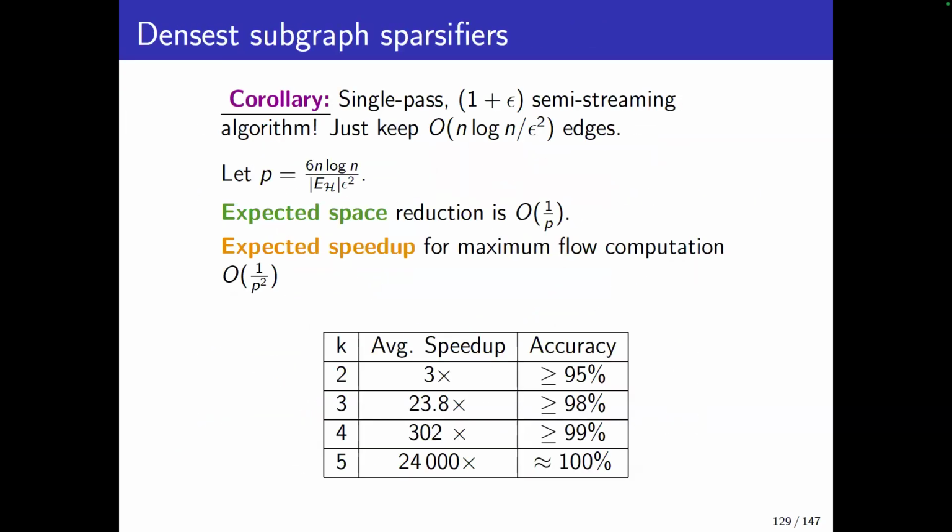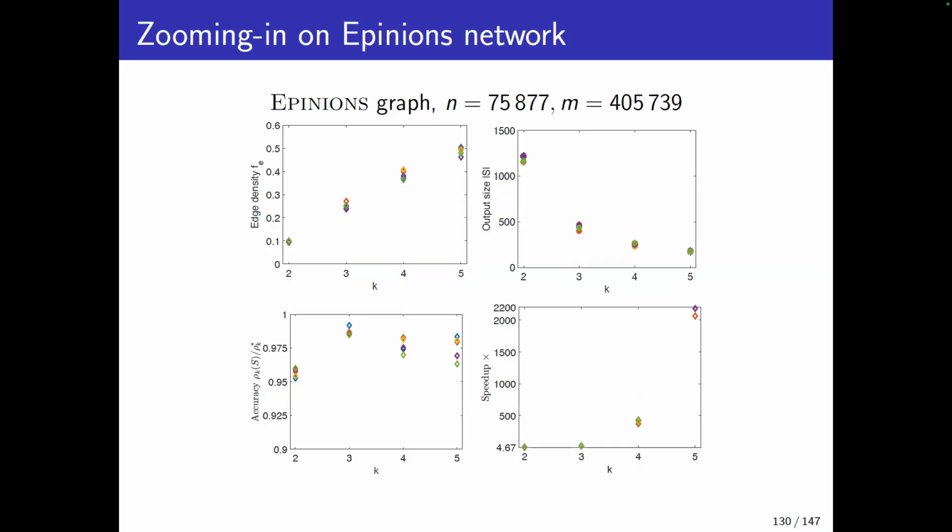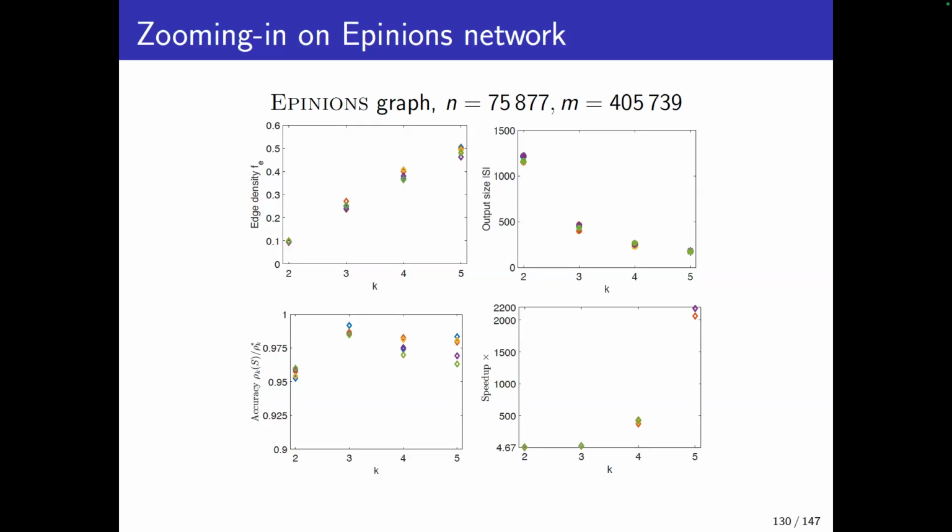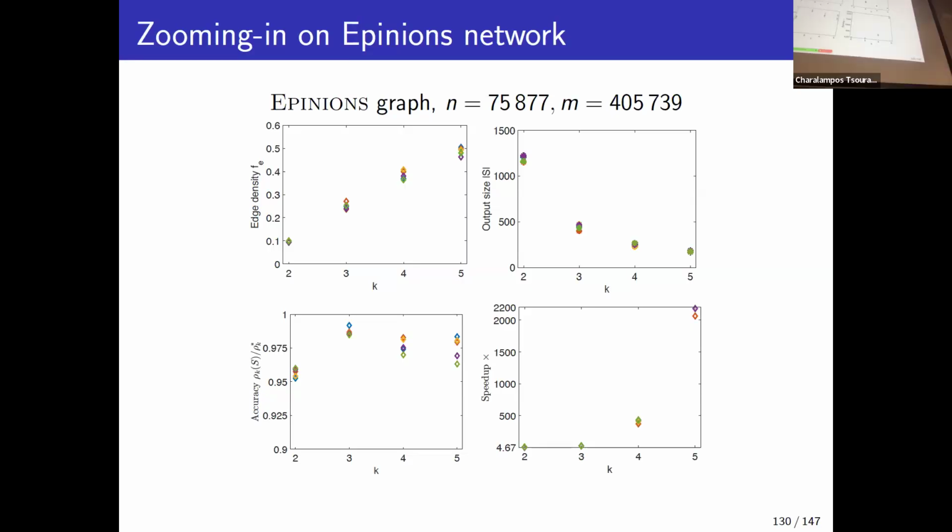So this is a more, let's say, zoomed-in version of the result. Here you can see k, here you can see the edge density, the closer you are to a near-clique. So as you increase k and you solve the problem, you start getting higher edge ratios, which agrees with what I said, that you start finding large near-cliques. The output size drops, yet it remains non-trivial. It remains several hundreds of nodes. So from over 1,000 nodes, you go down to a few hundred for k=5 with edge density from 0.1 to